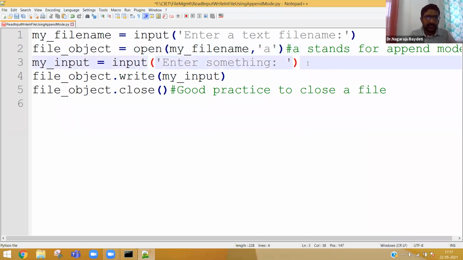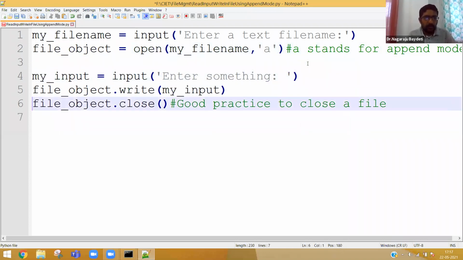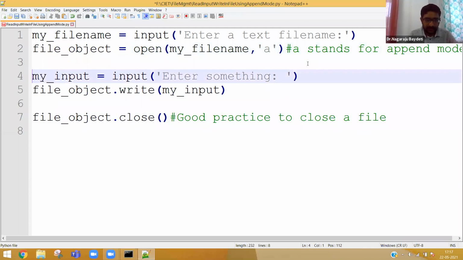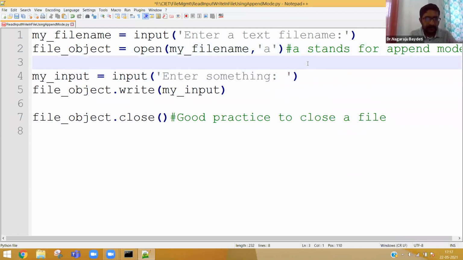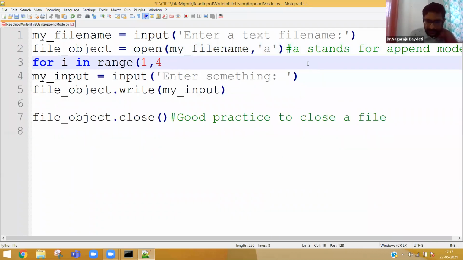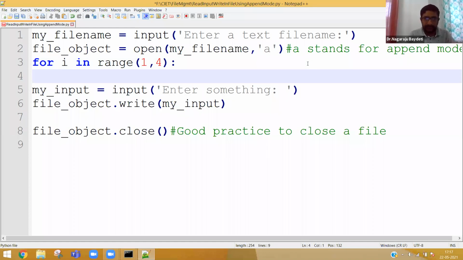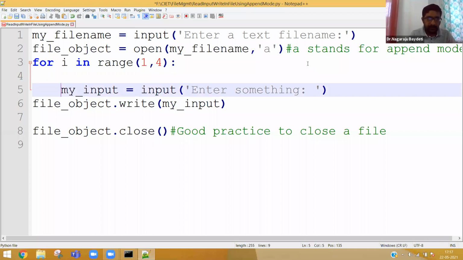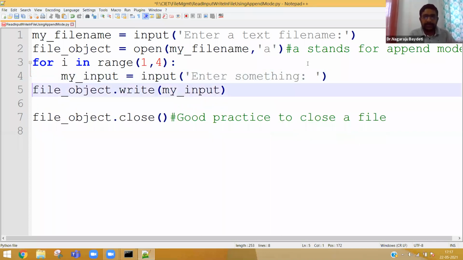Now, instead of entering something one time, I can also say for I in range 1, 4. 1, 4 means it executes 3 times. 3 times I want to ask the input, and 3 times I am writing it.